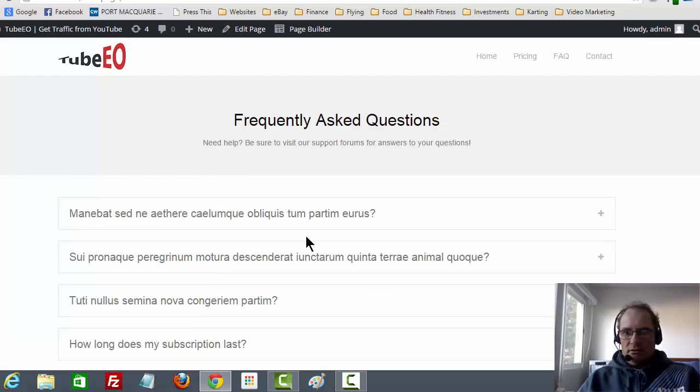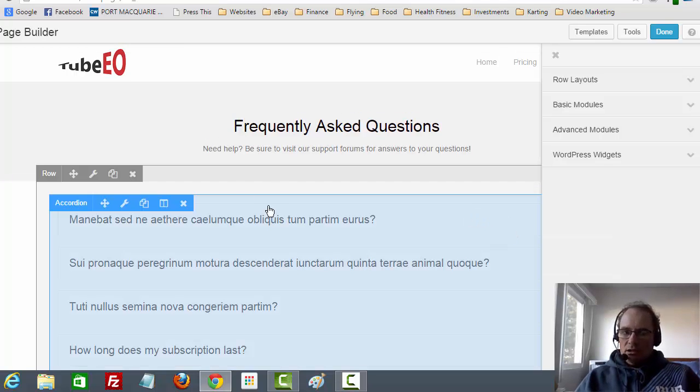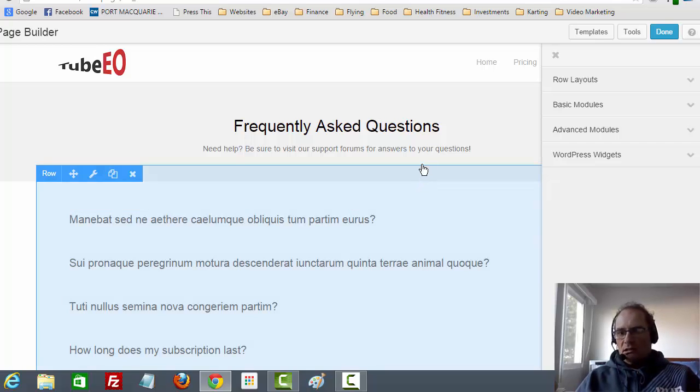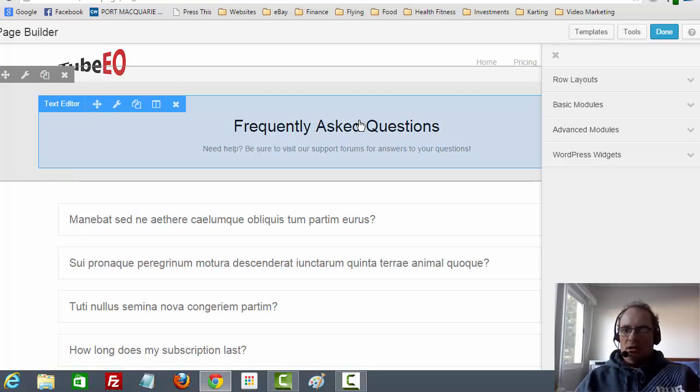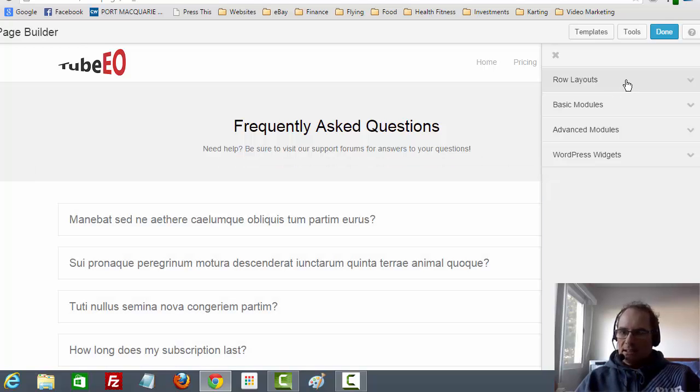So let's now just take another quick look in the page builder, how quickly I can make changes to this page. So let's assume that I've made a boo-boo and I want to make this page on the bottom of, say, my home page. I change my mind and I want to go to a single page layout. Now normally that would take you quite a considerable amount of time, but in a page builder, what I would do, and there's several ways to do this, I think the quickest way is I would just go done, sorry,